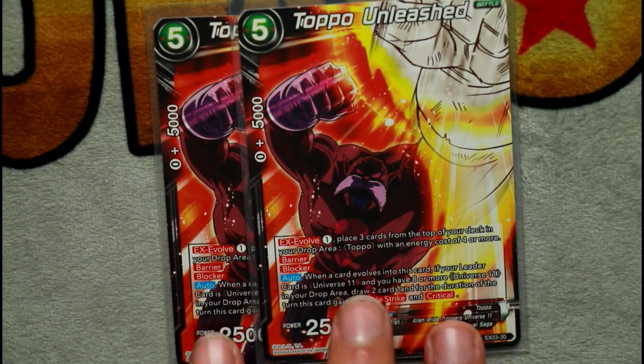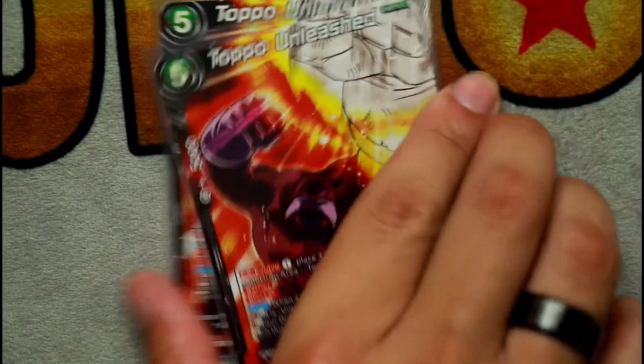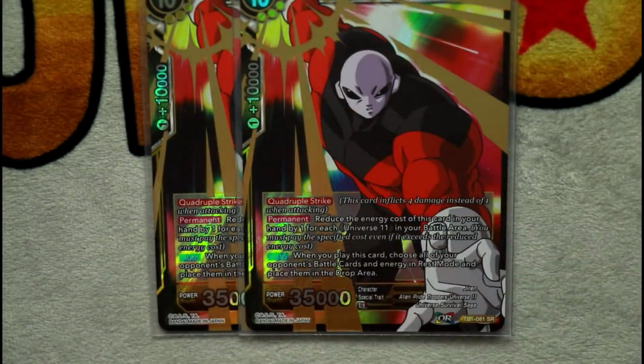And he is a blocker as well, 25k. So if they can get rid of him, best believe he's gonna be really good defense as well. And he just pretty much wrecks. Double strike critical. I think 2 is perfect. I don't know, hit up the comment section if you think you want to run more. And then we run 2 of the absolute